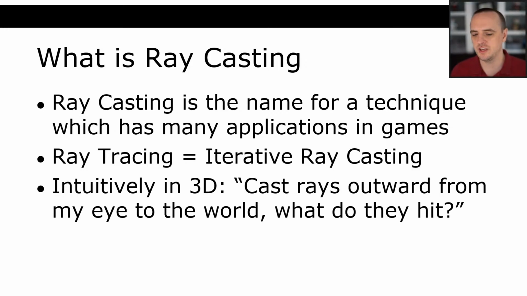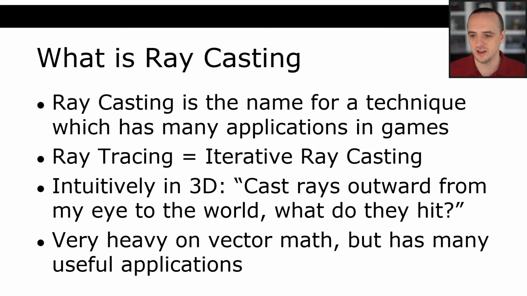So intuitively in 3D, what we're trying to solve by doing this mathematical problem of raycasting or ray tracing is saying something like, cast rays outward from my eyes to the world, and what do they hit? Okay, so what can I see? Or similarly, how does light bounce around and stuff like that? It's very heavy on vector math, especially once you get into 3D representations,